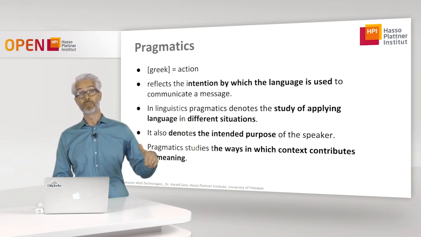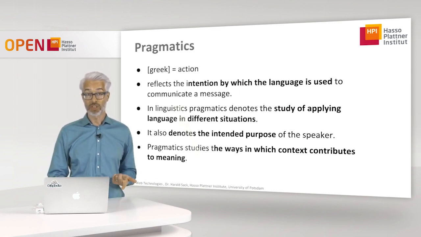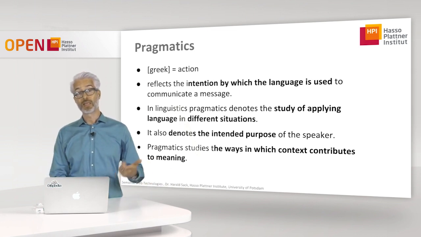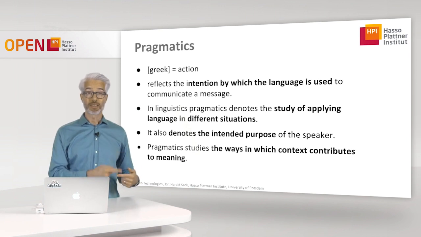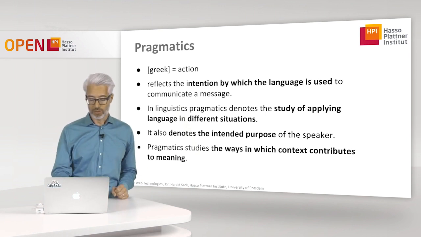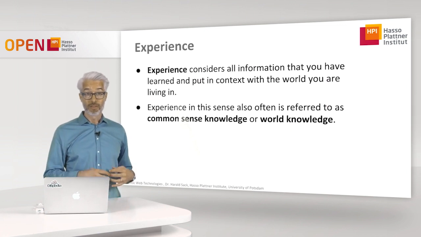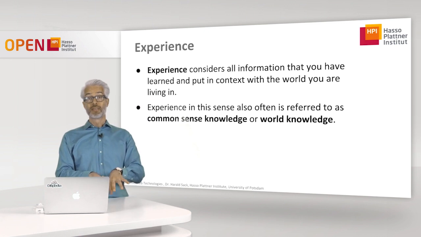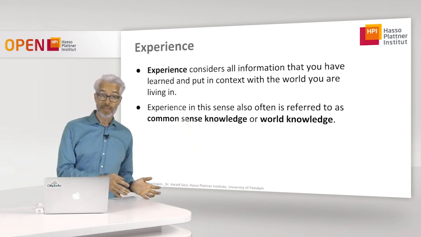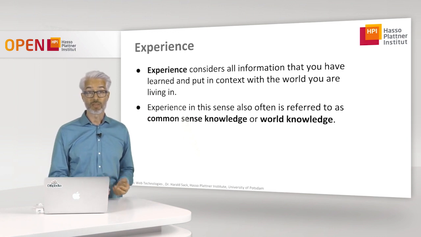How do I get the meaning from all these characters which have been sent from the information? And we have context and pragmatics, which in the end determine which kind of semantics is applied to interpret the message correctly. And in the end, of course, also additional information which is not explicit, but which is accumulated within the sender and in the receiver has to be regarded, which is the so-called experience or world knowledge.